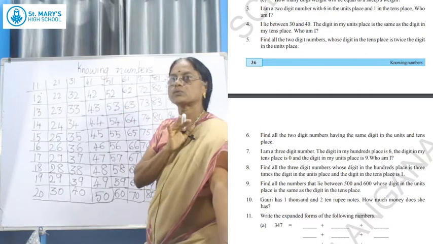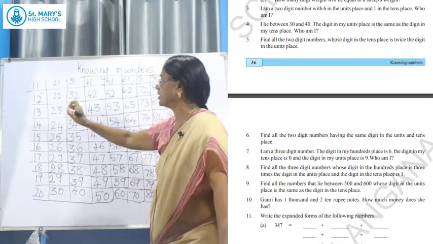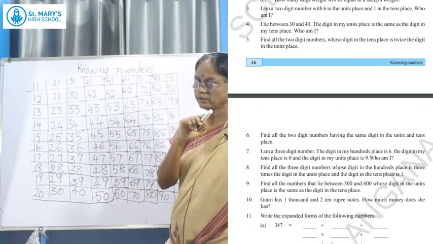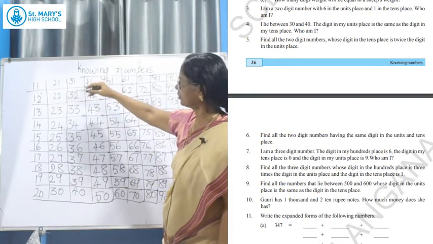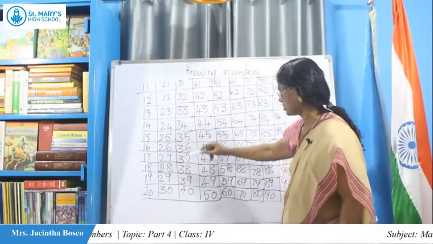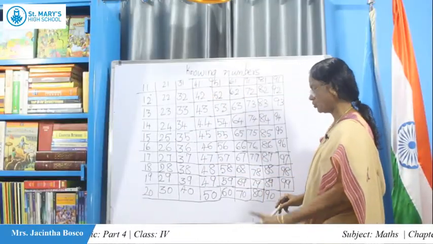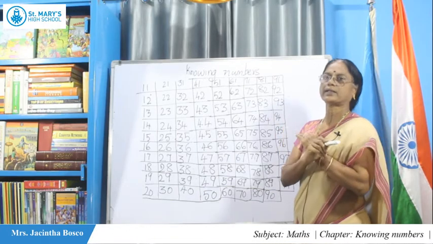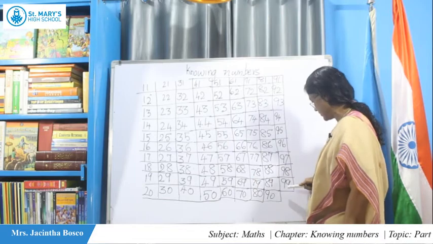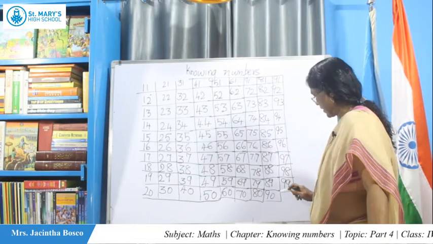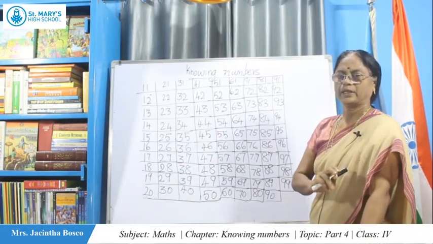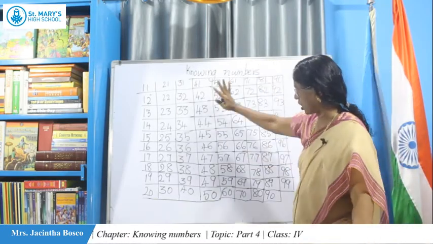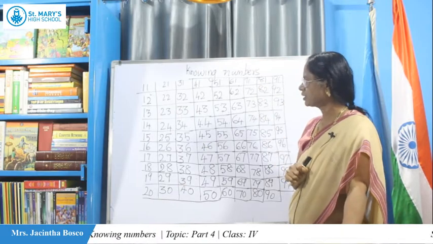Now, for this, what do you need? You should know the 2-digit numbers. What are the 2-digit numbers? Do you know? I have written them on the board. See, all these are 2-digit numbers. Only the ones digit, which means units digit, and the tens digit we have. Up to 99 I wrote. If I write 100, what will it become? It will become a 3-digit number. So now in this chart, you need to check.